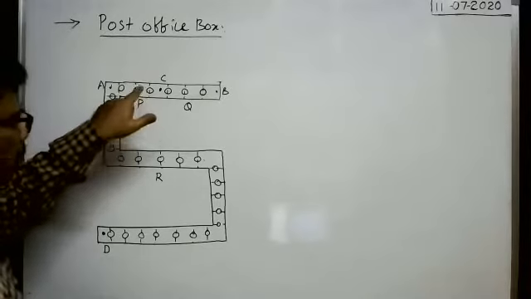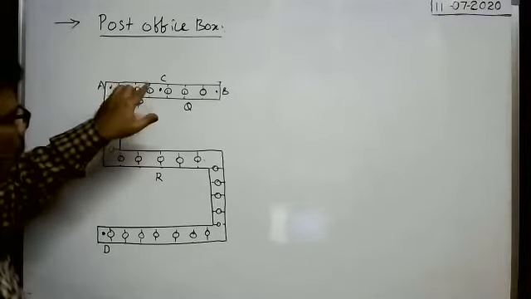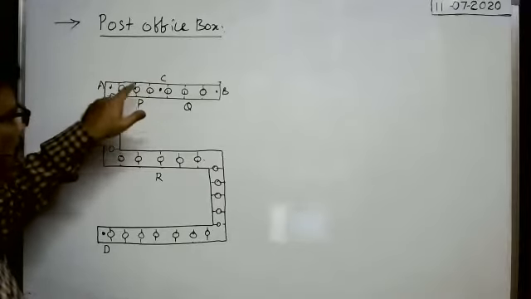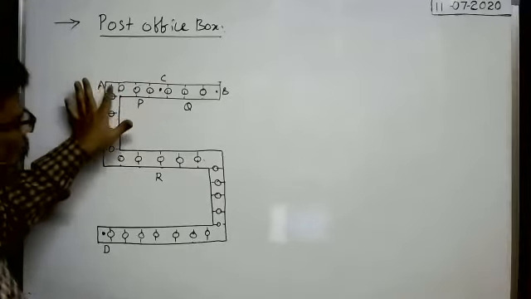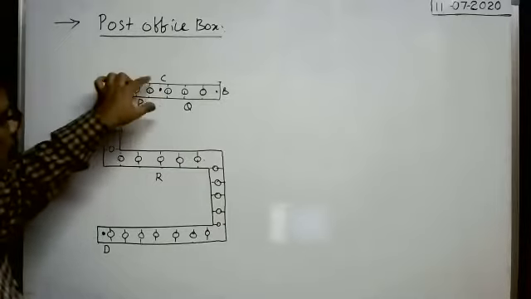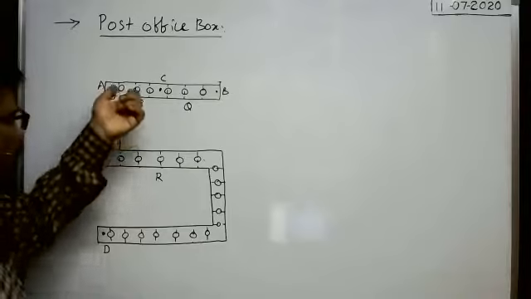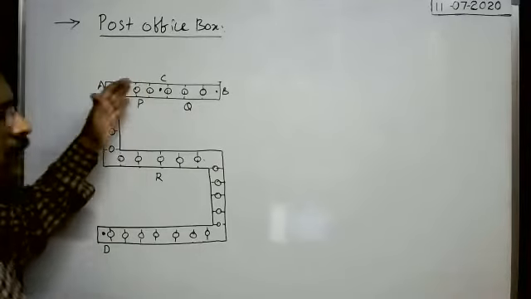Suppose you keep the key in this hole only, then whatever the resistance offered by these two slots here, that is the effective resistance. If you put the key here and here, everything, then the total resistance of all these slots is the resistance between these two. If you remove the key, resistance will decrease. If you keep the key, the resistance will increase.